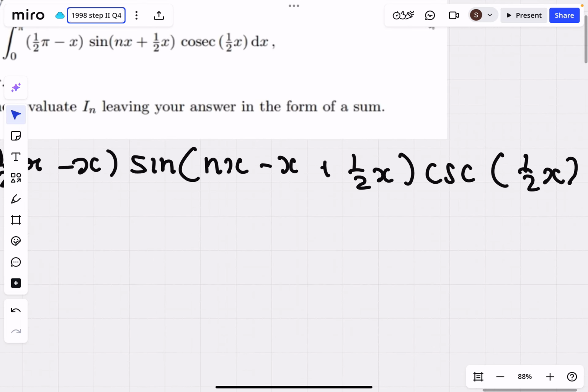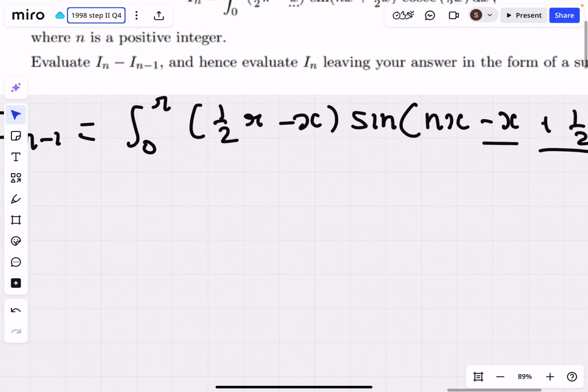And then as we can see here, this minus x plus a half x just becomes a half x. So this becomes